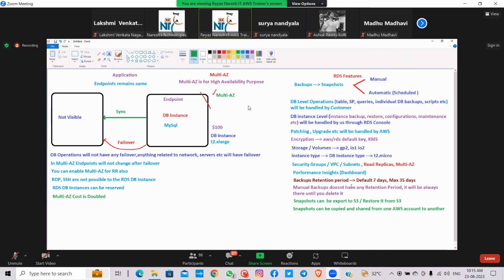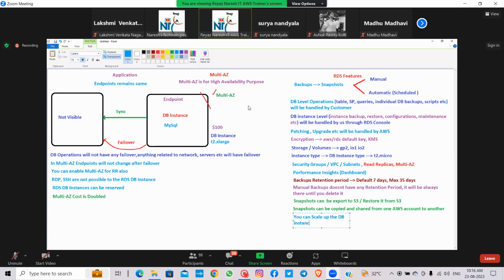Can you increase the instance type from T2 small to a bigger one, like 2x large? Can you do it on the fly? No, you need to stop the DB instance and increase it, as we learned in EC2. Similarly here, you can scale up, but you need to stop the DB instance.